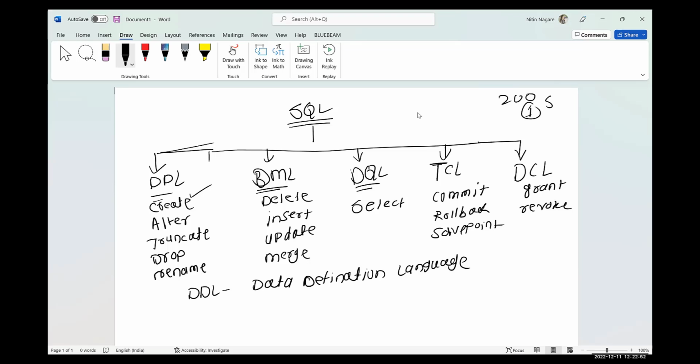So what is an object then? In a database, there can be different objects. The main basic building block of your database, as I said, is the table. Table is nothing but an object of your database. This is the main basic building block of your database, because your database consists of tables only.